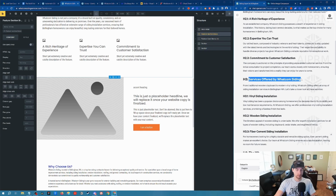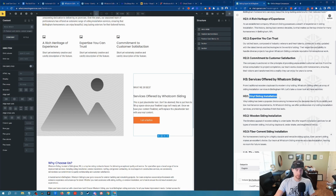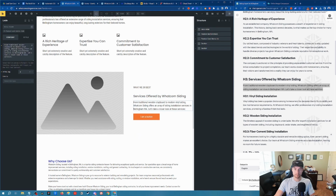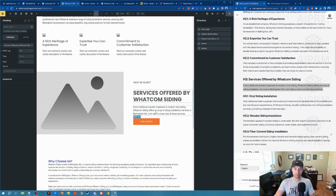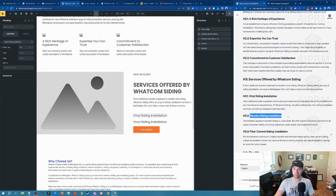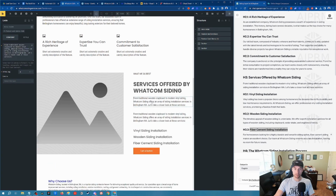And we can go ahead and start copying this. Maybe just add what we do best. And let's see, this is an H3. Okay, so that's good. We can add this in here. And I actually want this to be an H2. And then underneath here will be a bunch of H3s. H3. So we have vinyl, duplicate that. We have wood, duplicate that. We have fiber cement. And yep, so we can just go ahead and duplicate these